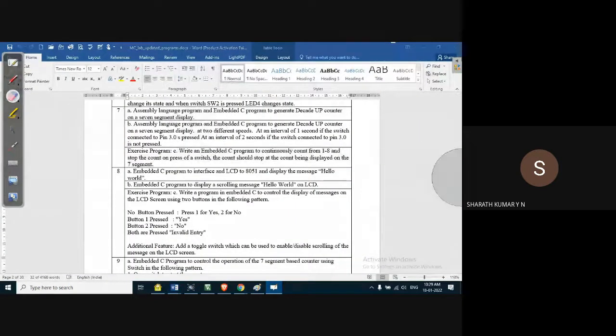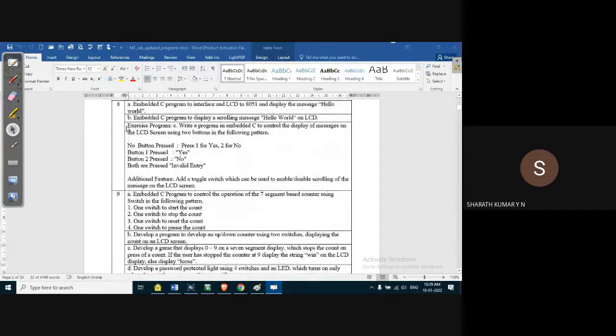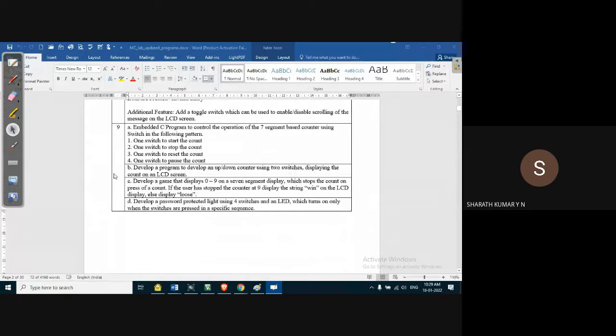So try this program. In the next class, let us see, by then, if somebody can come up with the 7C program and the 8C program also. We need this 8C also. Here we have two switches and four possibilities with the two switches. So this also we have to do, and all these programs you have to do in the hardware also. Once the physical classes resume, we have to start implementing this on the hardware. That's all.